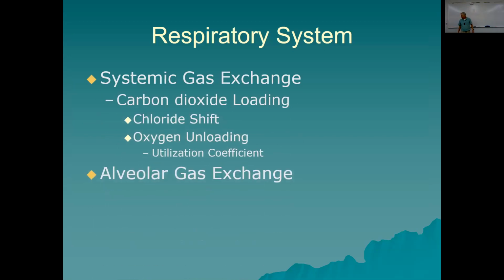Carbon dioxide loading in systemic gas exchange. All right, so carbon dioxide is coming out of the interstitial fluid, the cells in the systemic tissue, and it's binding with hydrogen ion to, okay, so I'm gonna have to break it right here, make this a short one, because I really need to give you this equation about what bicarbonate is,